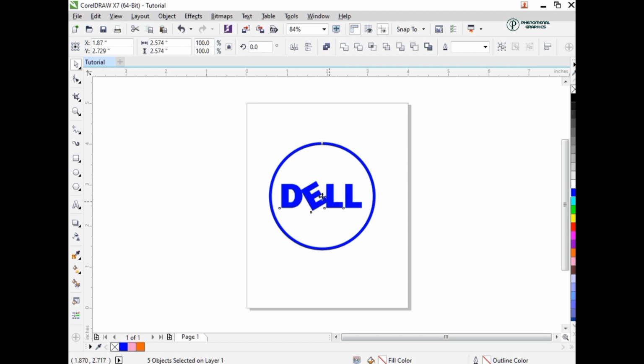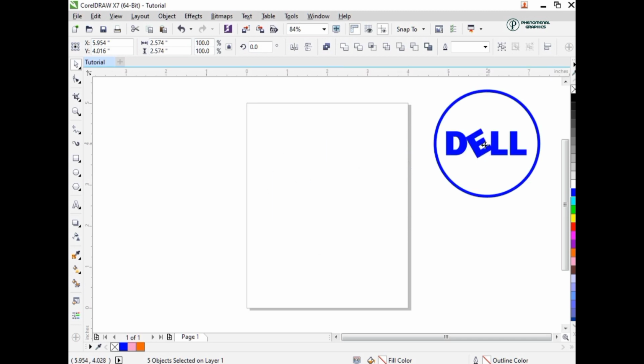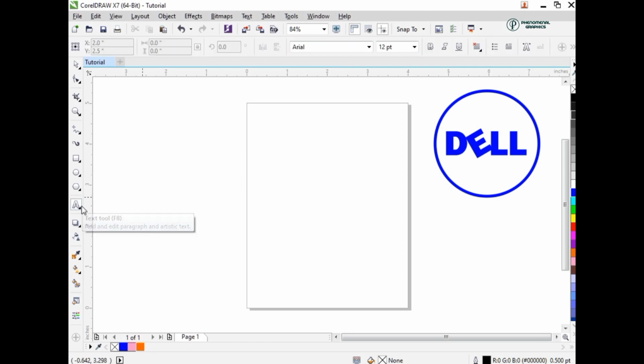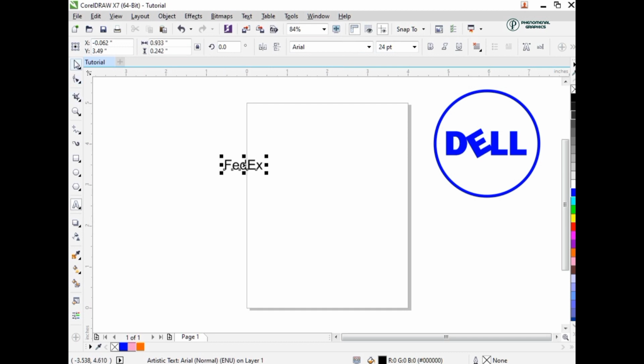So we'll be creating another logo as well. Let us bring this to the side around here. So right now the second logo we'll be creating is the FedEx logo. Let's type in FedEx. Click our text tool, come over here, then type in FedEx. We can come over to the pick tool, then change the font to the previous font we